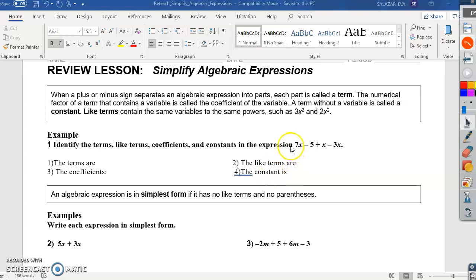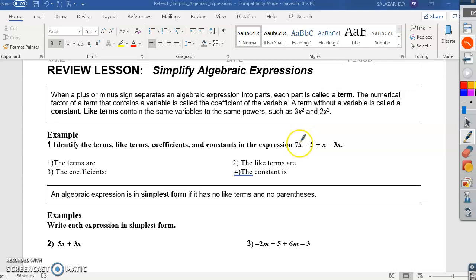Hi everyone, today we're going to be reviewing simplifying algebraic expressions, and we're going to begin by identifying the parts of the expression, and then we're going to go ahead and move on by actually simplifying the expression. So one of the things that we need to remember in order to be able to identify the number of terms in an expression, and we're going to look at this one right here, is we need to remember that